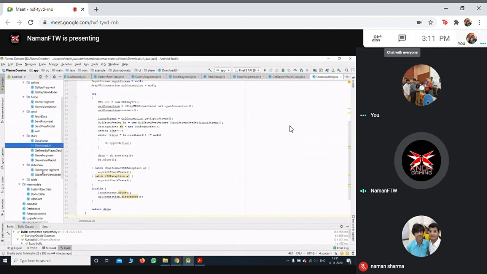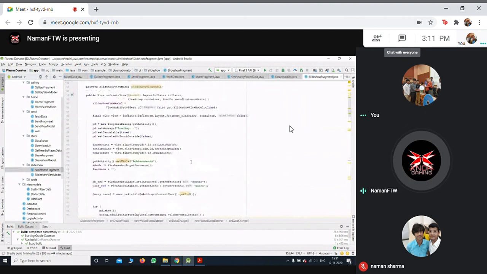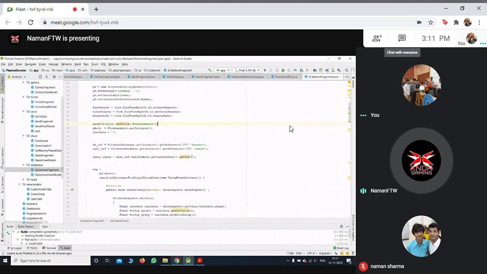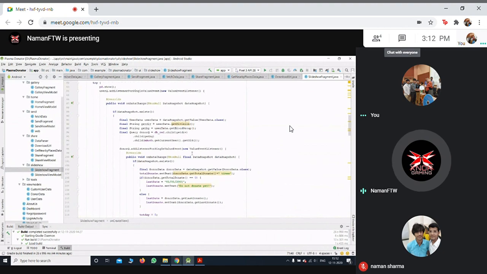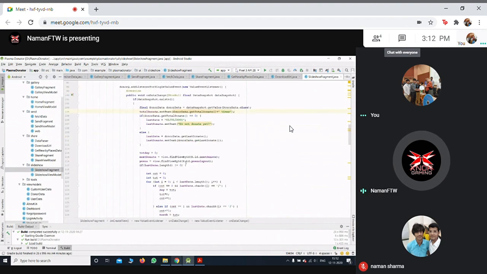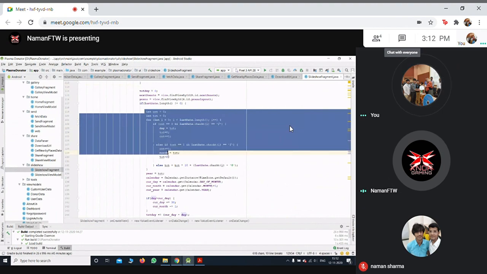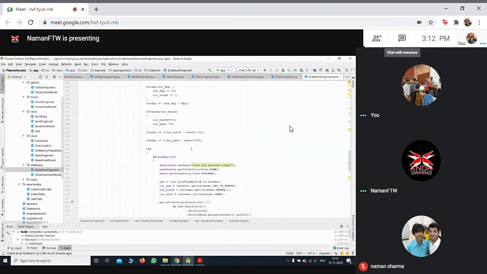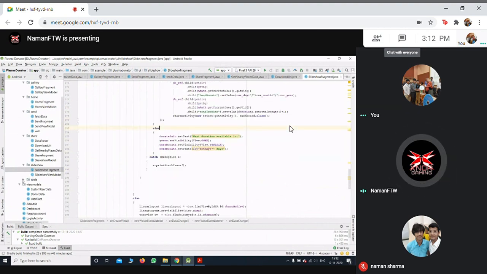So now this is the achievements activity where the user can click on the button of yes or no to find out if he has donated or not. And if the user clicks on yes, his timestamp is saved in the database and he cannot donate in the next 1 to 20 days. So we have a solution for that in this, and it is accordingly saved in the database. So this was that.